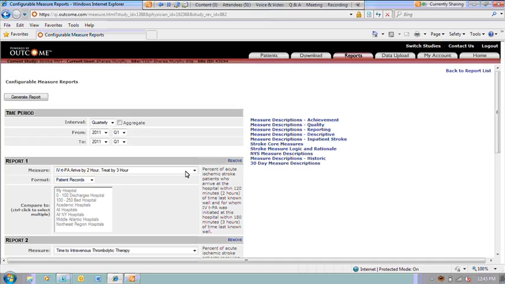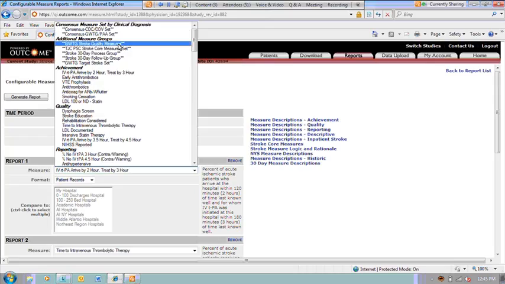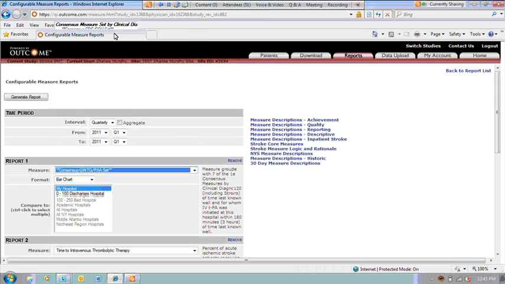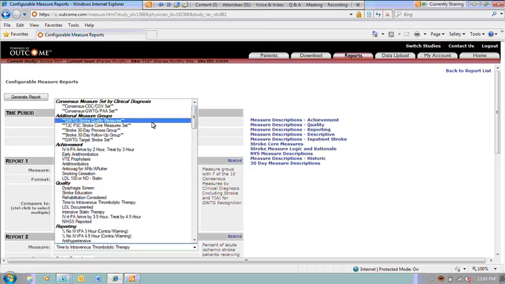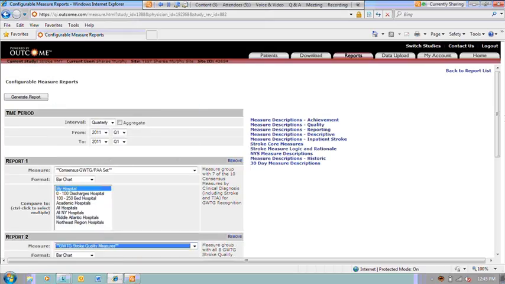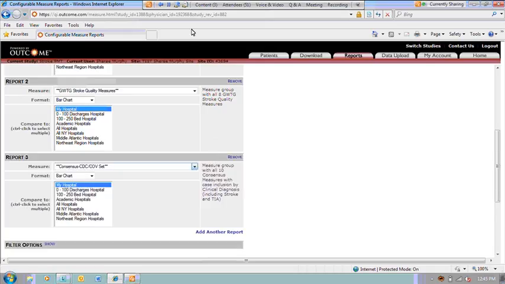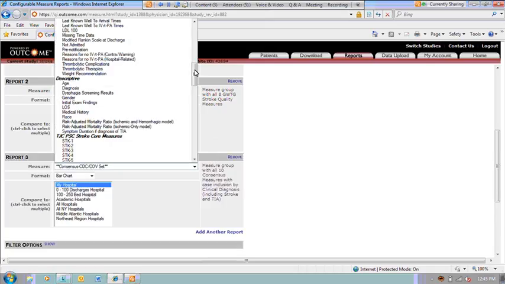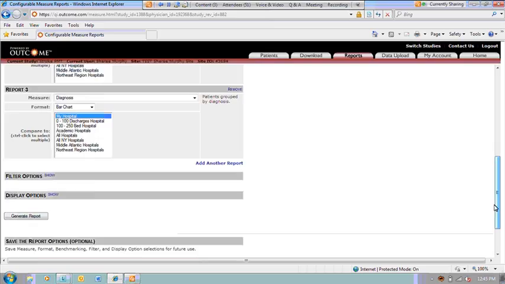But I want to quickly demonstrate, since this would be a report that you're going to be running on a routine basis, I'm going to go back and choose my performance measure as a bar chart, because this is something we're going to be checking frequently. And my quality measures as a bar chart. And again, remember, I like to always include that diagnosis report as a sort of double check on my data entry. So I've got my 3 reports that I am going to be running on a regular basis.